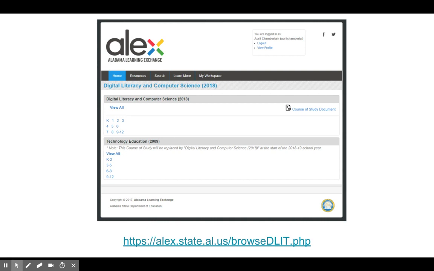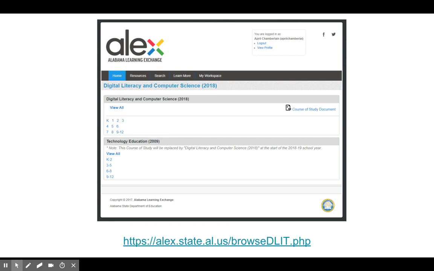Now, for each of these strands, there are a variety of resources that have been provided by the State Department of Education for teachers. One of the first stops is almost always ALEX, the Alabama Learning Exchange, and you can get to that at alex.state.al.us. This site is so well maintained and popular that if you simply Google the word ALEX, it's almost always the first result. But you can see here in this screenshot that the digital literacy and computer science standards are available, and they are